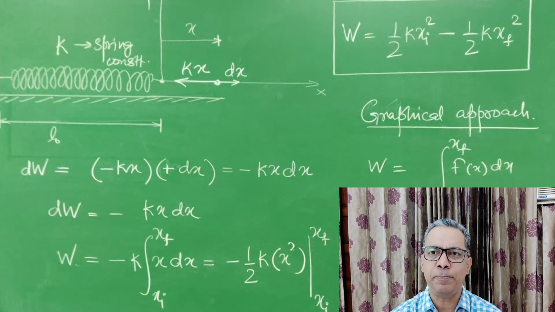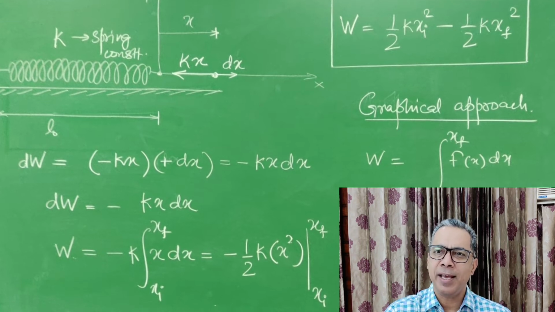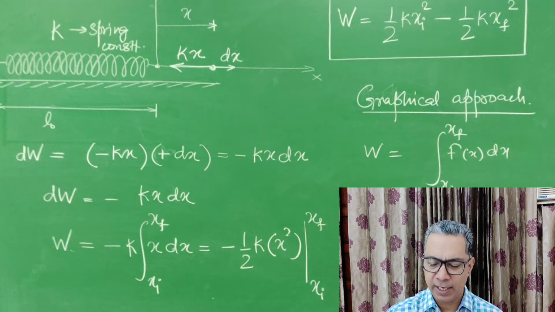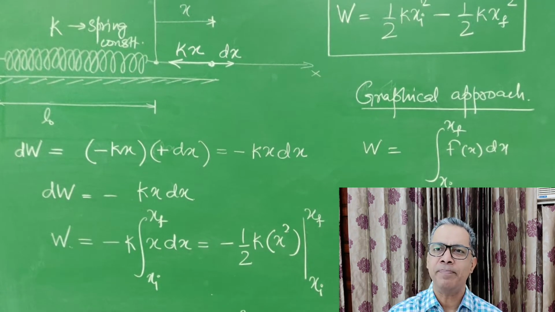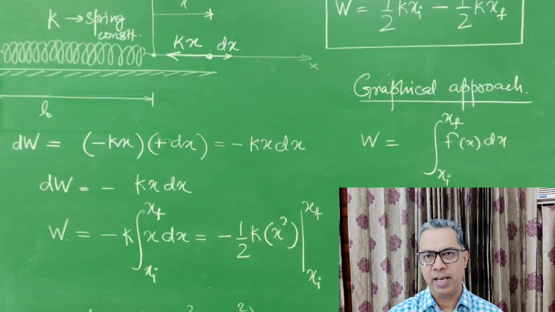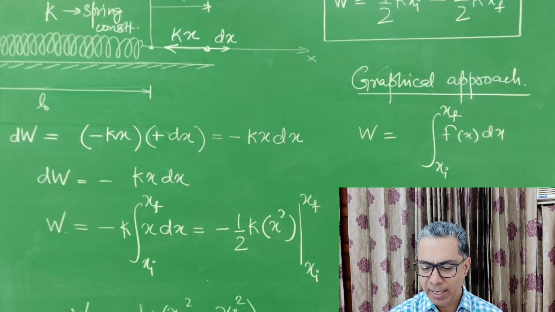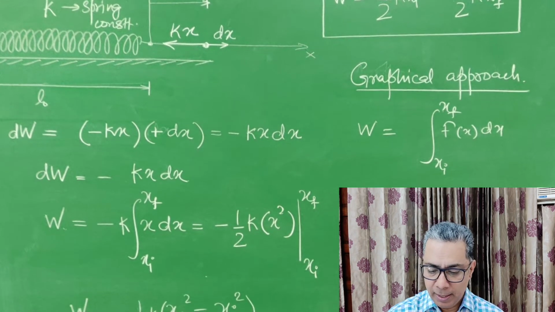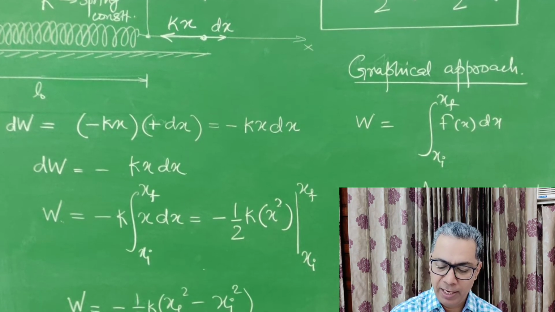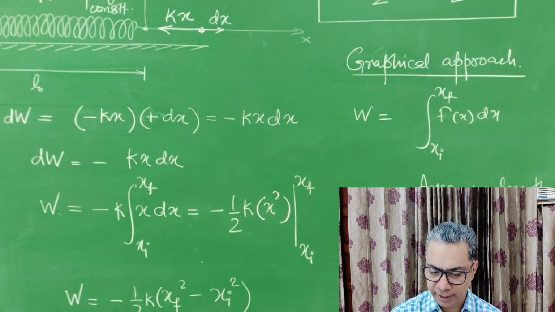Once we've extended the spring by x, the force that the spring exerts is minus kx, and the displacement we are looking at, dx, is in the positive x direction, so we substitute them in the formula. Fx times dx, Fx is minus kx, dx is plus dx, and therefore dW comes out to be minus kx dx. W therefore will be the integral of minus k times x dx integrated from xi to xf,